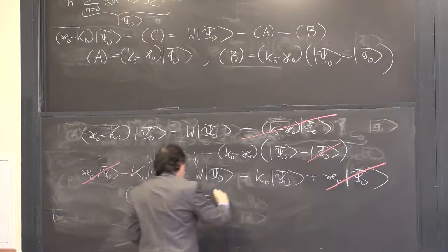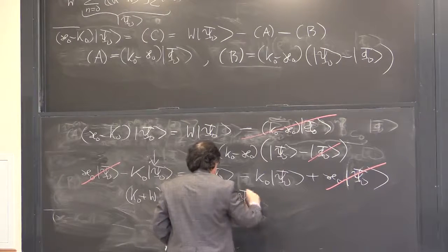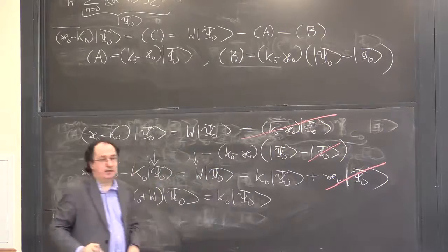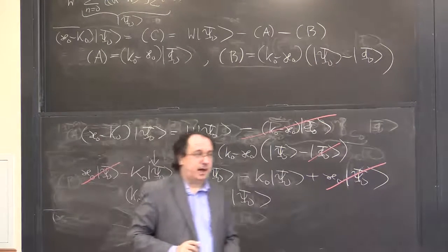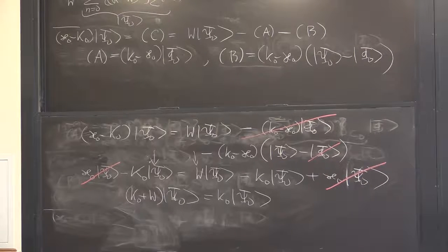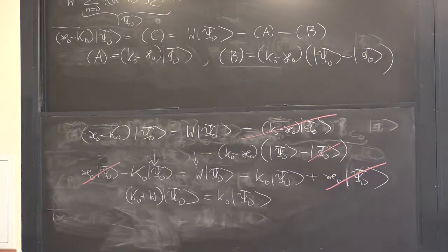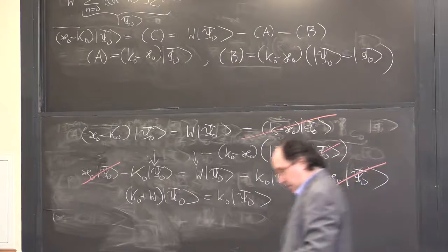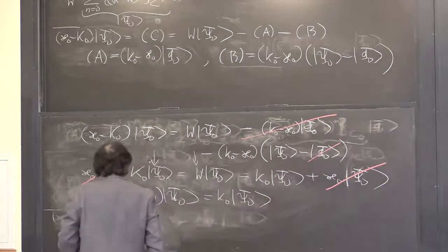Gives me k0 psi 0. And that means that I showed that our psi 0, which consists of linked diagrams only in the wave function, and our k0, which consists only of connected diagrams, they satisfy the Schrödinger equation. Which means that they must represent the exact solutions. Okay? Meaning that psi 0 indeed is